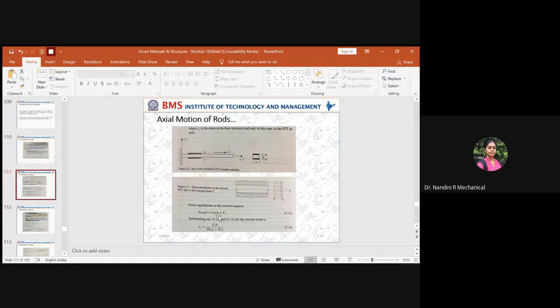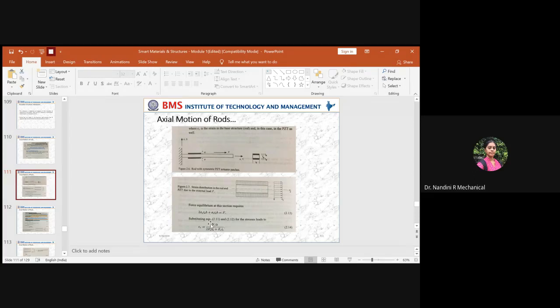Plus, you should consider the strain induced in our rod, which is our substrate or the structure on which the patch is resting, and the thickness of the substrate. You have a top patch here and a bottom patch, so this is also t_a and this is also t_a, right? Here you have only one thickness for the rod or the structure, which is t_s. That you will be taking, and again the width of the structure is the same, so you take b. The addition of these two will yield the force at the equilibrium position, right? So now you have this equation.